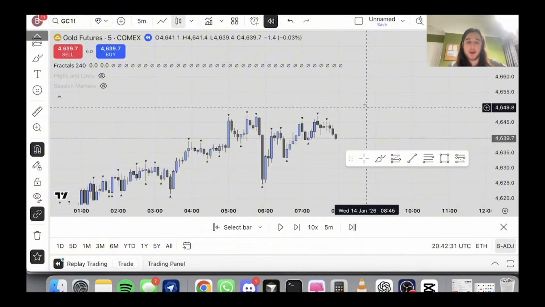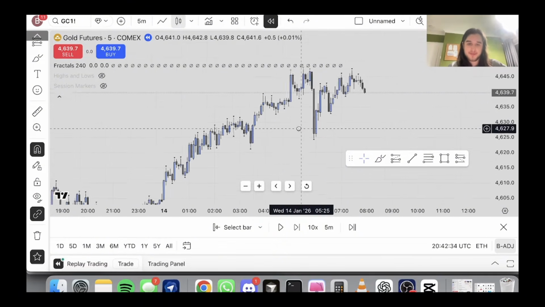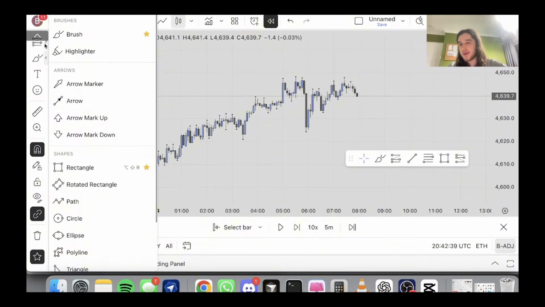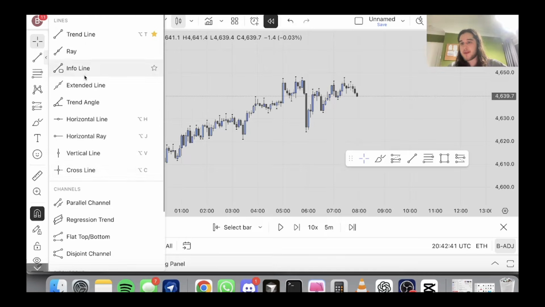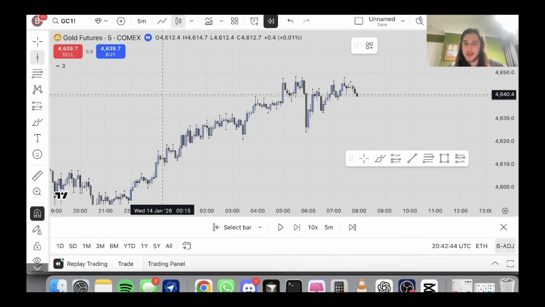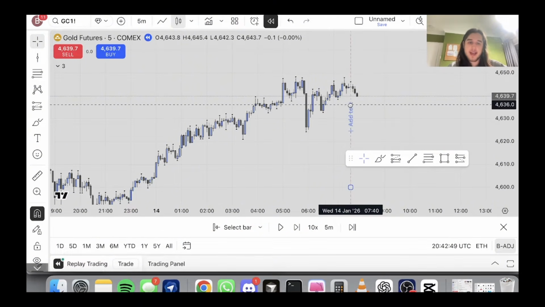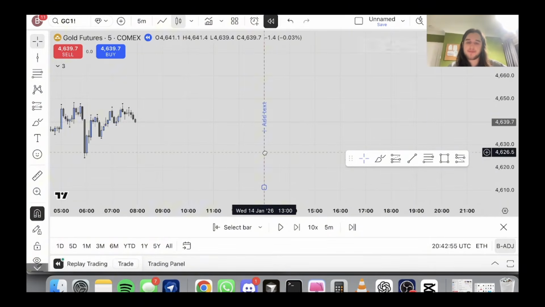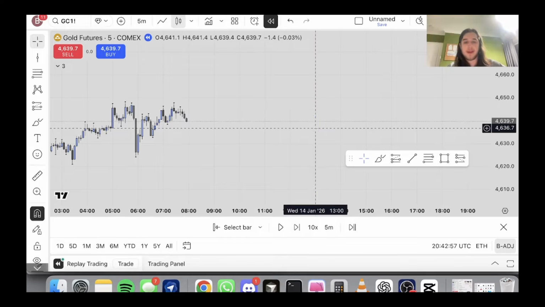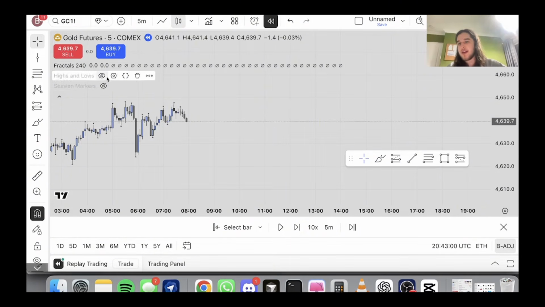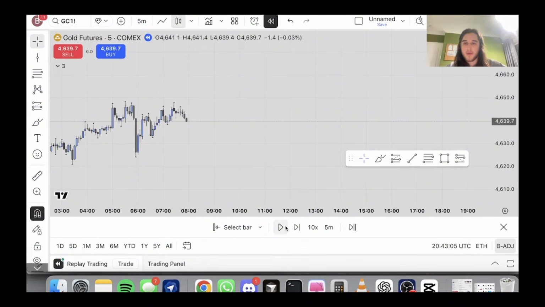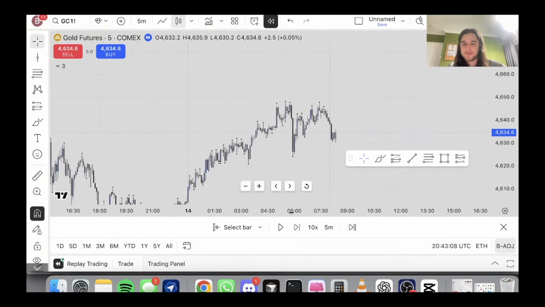So what we're going to do is mark out the session times. How we do that is get a little vertical line tool up here, and then we mark out midnight, we mark out 8 a.m., and then we mark out 1 o'clock. And luckily for me, I have built myself a little indicator that does this for me, so I don't have to fuck about with that shit. So what we're going to do is wait for the market to open here,